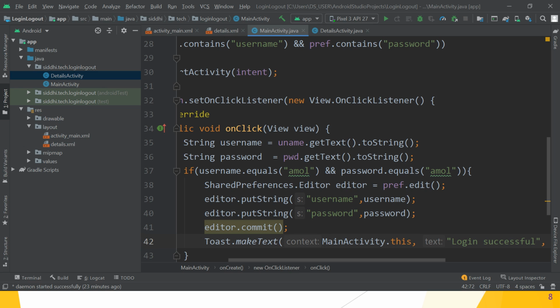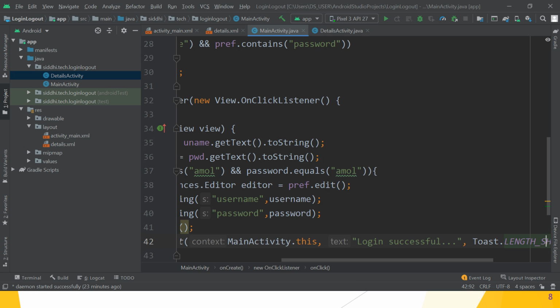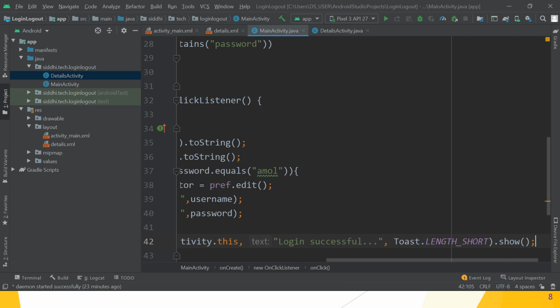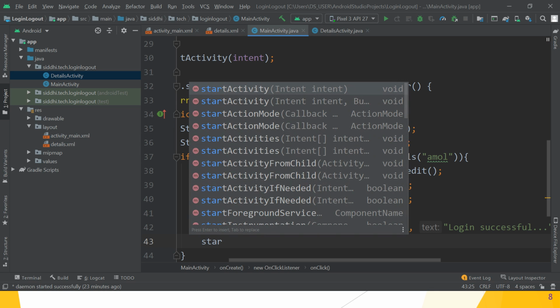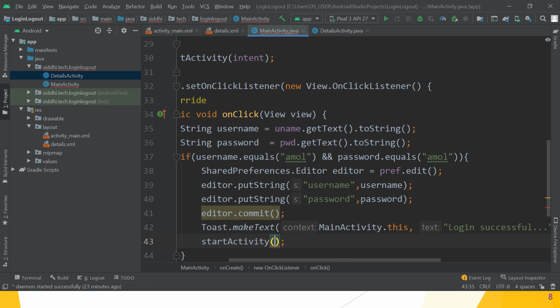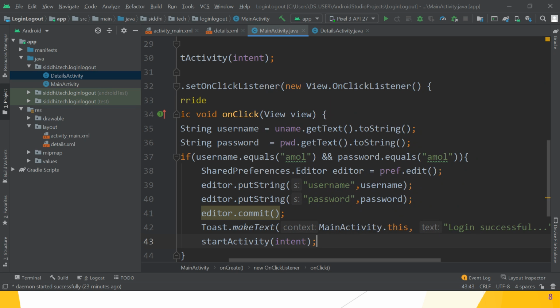So this is the message, login successful. Great. After that, in the show method, start the intent, new intent. So what happened? Start the intent, object of intent, it is an explicit intent.